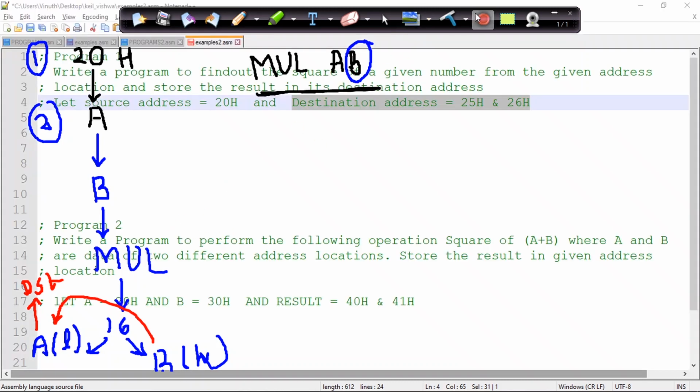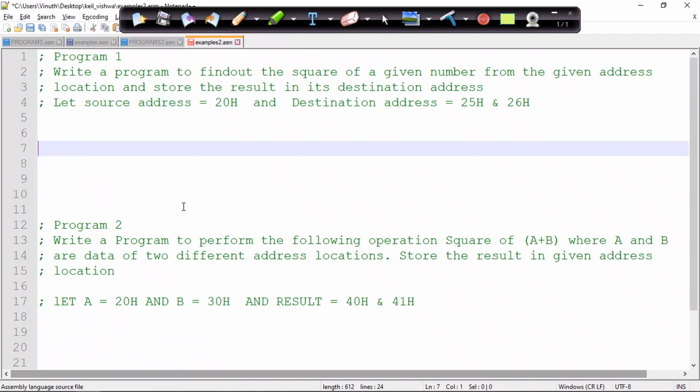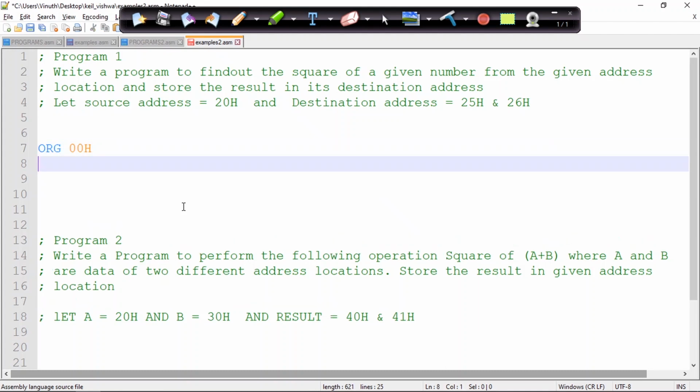Now let us look at how we can write the program. As we said, the first step: I'll write ORG 00 hexa, so that the coding will start from 00 hexa location. First I need to take the data from 20 hexa, that is my source address.